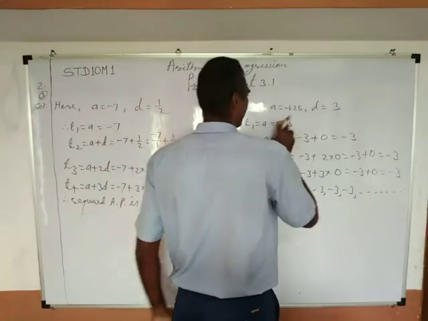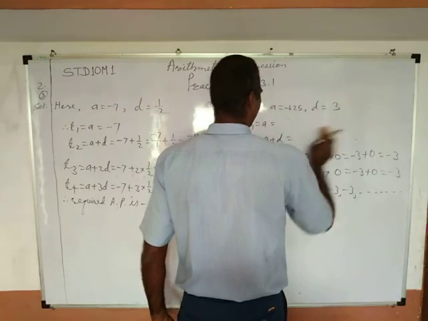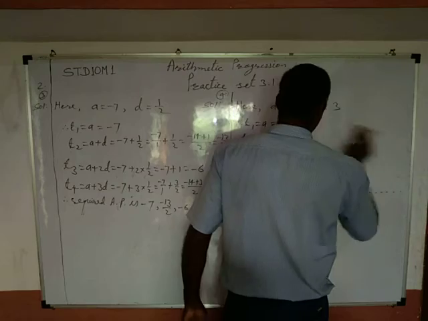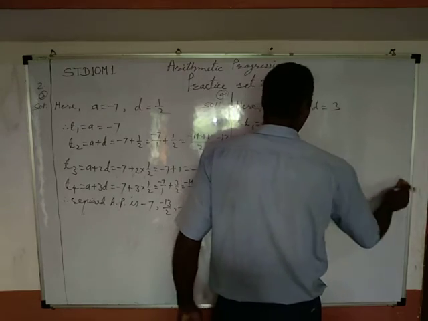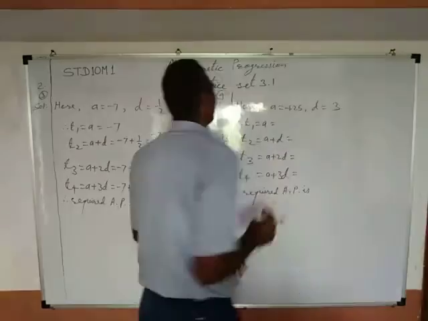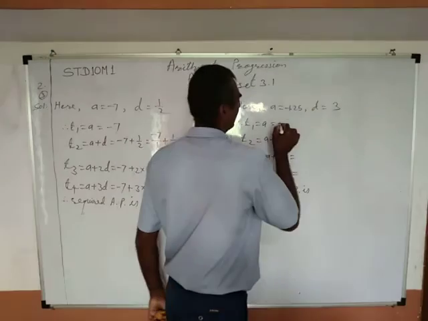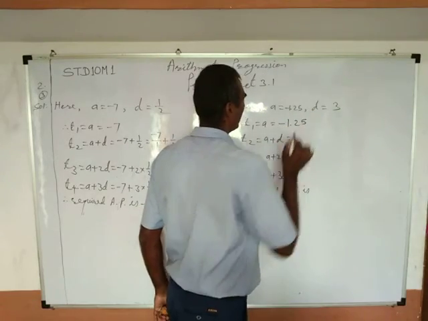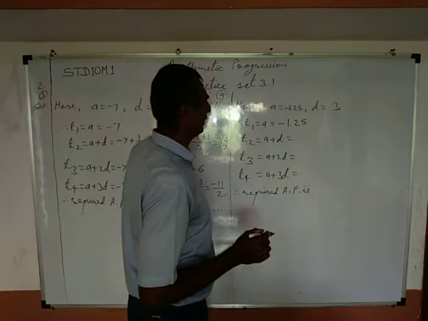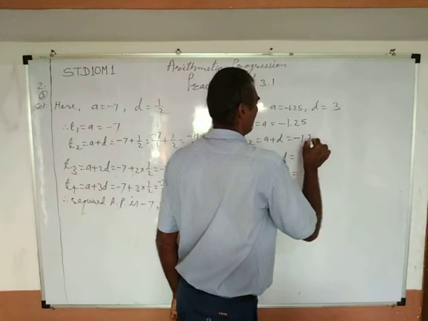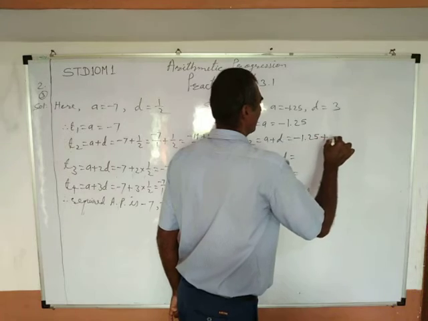And therefore, let's find T1, T2, T3, T4 and then let's give the required AP. T1 equals A equals minus 1.25. T2 equals A plus D equals minus 1.25 plus 3.00